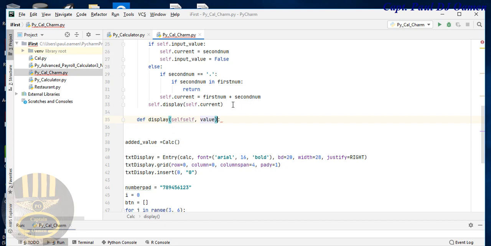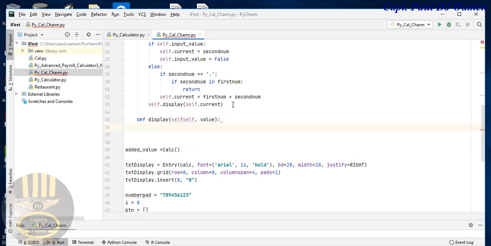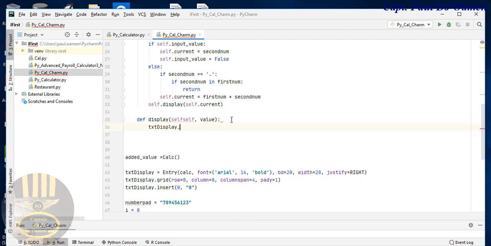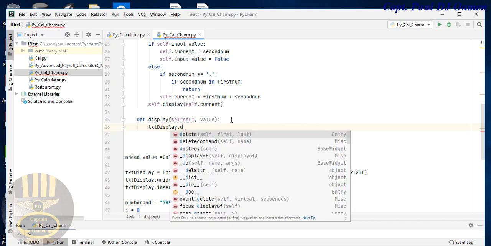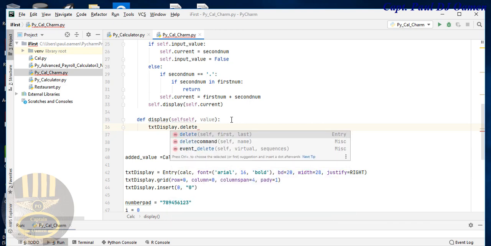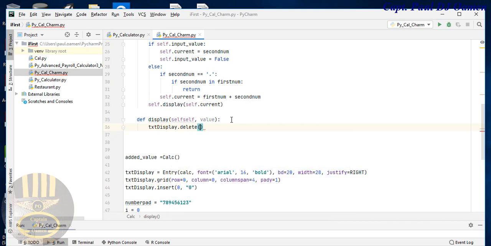So with this, I should be able to enter any number that I clicked. So in here, I'm just going to copy this, copy and paste that here. Txt display dot delete. Okay, and that is going to be 0 comma